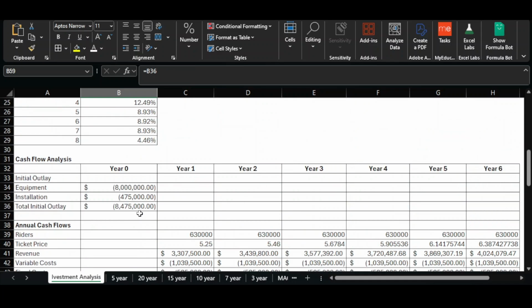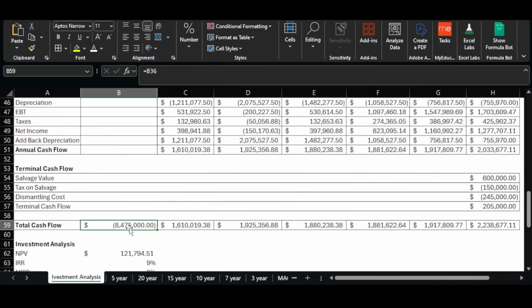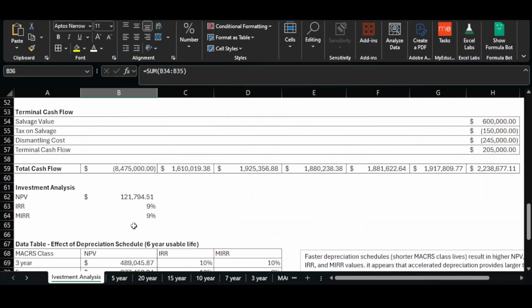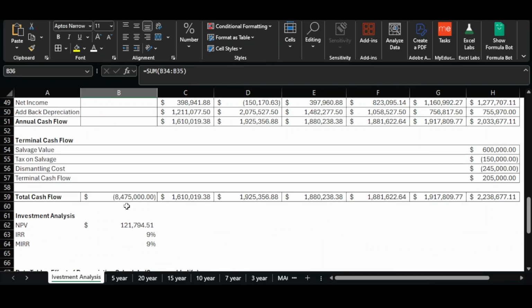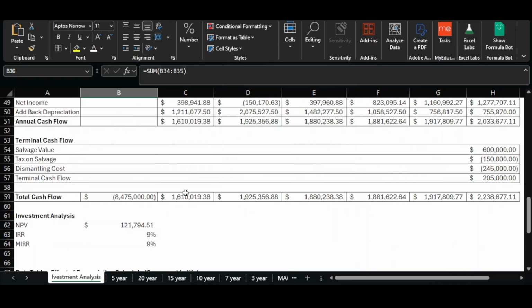Actually, what I mean by that is this: you sum this up, but actually this is a sum of already for both of them. That's why you have the 8475 here. Okay, that refers to the total investment. So the cash came in, I'm sorry, it actually came out. Okay, it's a cash flow, but it's an outward flow. So it's negative 8475 million. But for the first year of life that has elapsed,